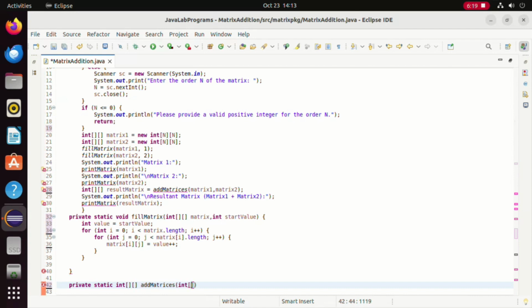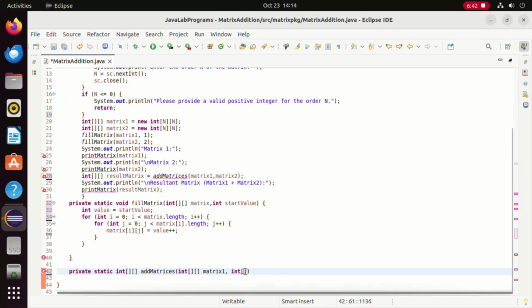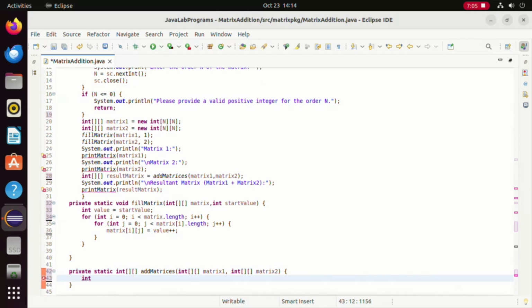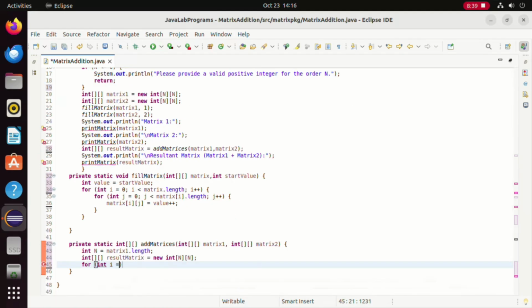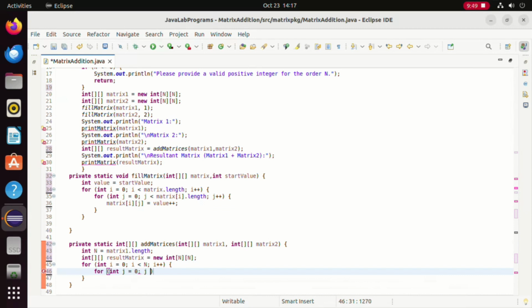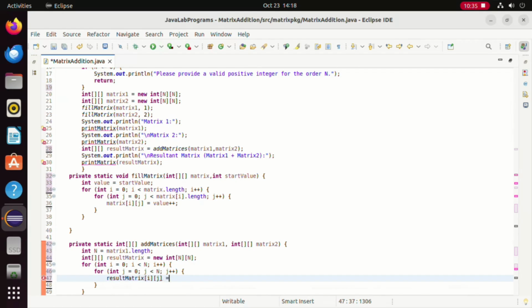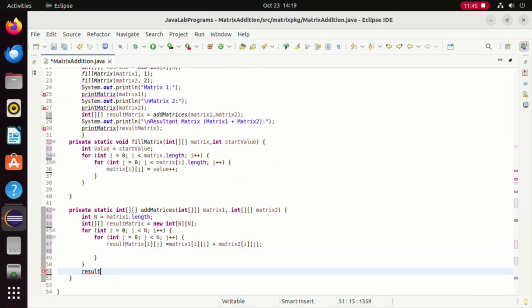Then, we add each element of matrix1 and matrix2 and store the result in the corresponding position of the result matrix. Return the resulting matrix.